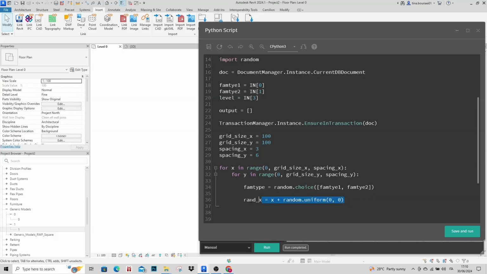We can use this one for the other direction. All right,